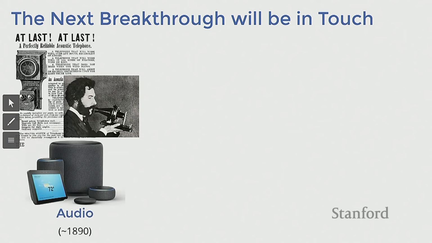In the same way that at the end of the 1800s, the mass availability of the telephone for the first time enabled people to essentially record audio, transfer it over long distances, and then play it back on the other side of the world. This created the opportunity for new fields of computational science, like audio processing, and more recently with the boom of AI, natural language processing. And this has given incredible abilities to our machines nowadays, that you can talk to them and they understand what you actually mean.